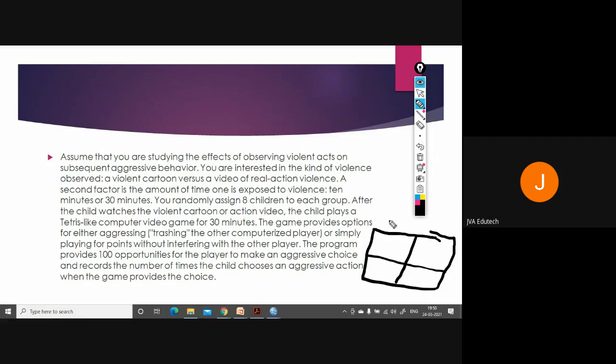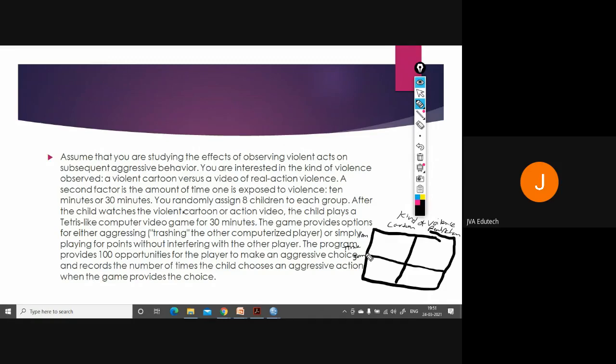On one end you will be having kind of violence, divided into cartoon and real action, and here will be the time divided into two more categories, 10 minutes and 30 minutes.